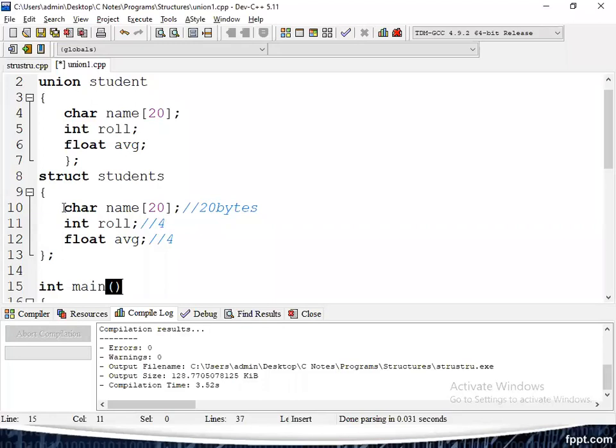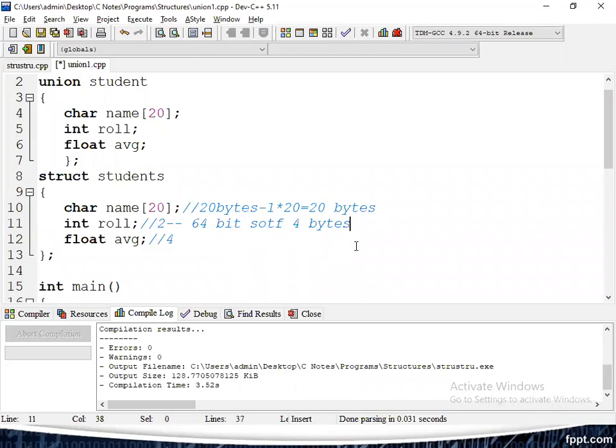Coming to the data type of each and every variable. First one is a character. How many characters are there? 20 characters, so 1 into 20 equals 20 bytes. Next, integer. Roll number is declared as an integer. Basically an integer occupies 2 bytes, but here it is 64-bit software, so it occupies 4 bytes.